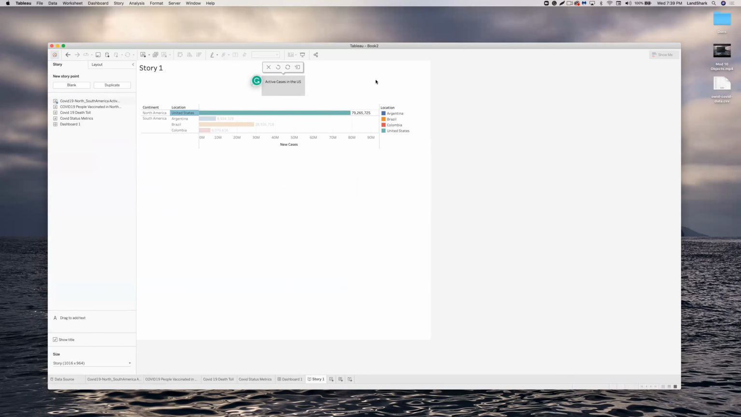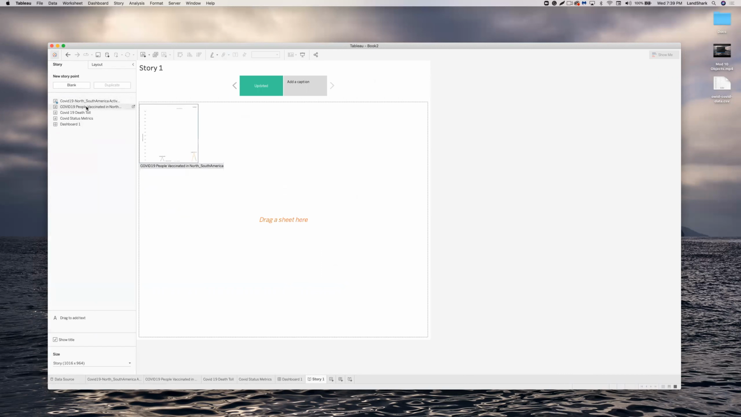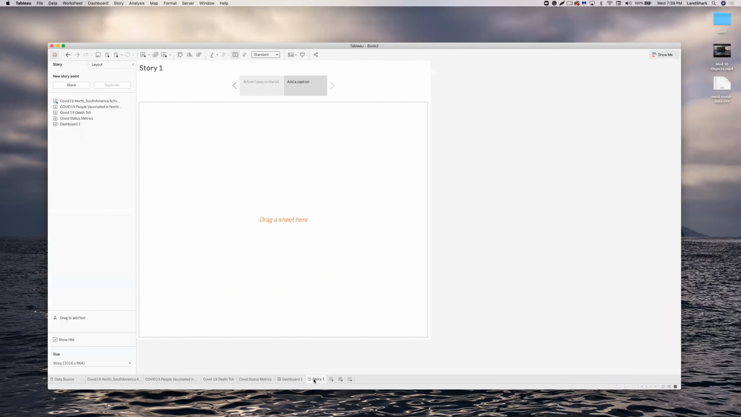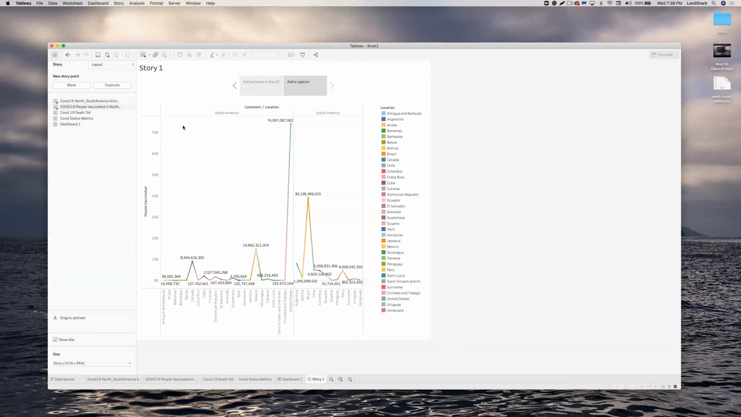And then what I could do is, when I do my presentation, I'm going to focus on that area. And then maybe I create a blank sheet here, and then I go into another story. So the next thing is, I know that I'm going to talk about people vaccinated. So I could come back over to my story and pull people vaccinated over here and then do a focus point. So this is right here, people in North America that are vaccinated. So I could come up here and say